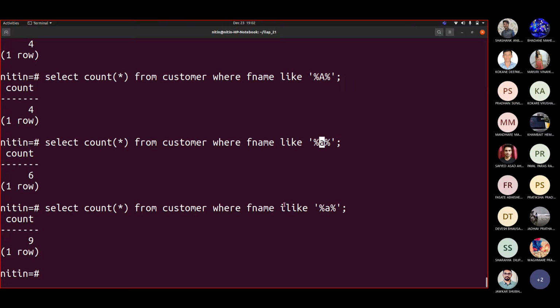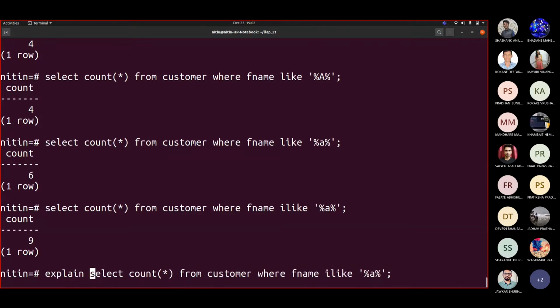That means in one of the records which is starting with capital A, small a is also included. That's why it is counted as one together in both cases. That's why this is 6 plus 3, 9. So actually it is 3 in that situation. This ilike is used if you are overriding or if you want to skip the case. Our role is to really see this count star.